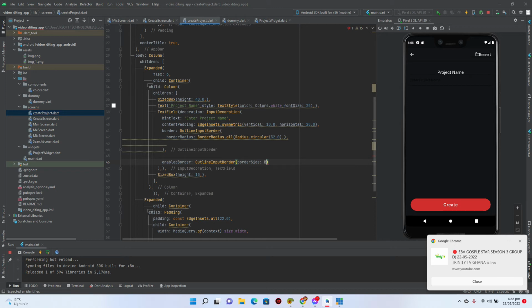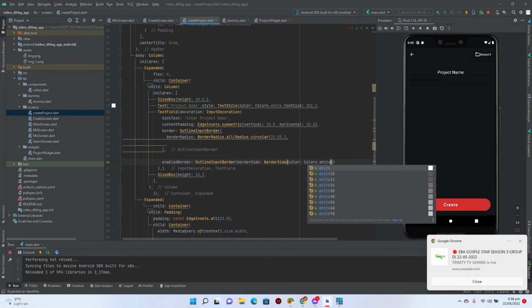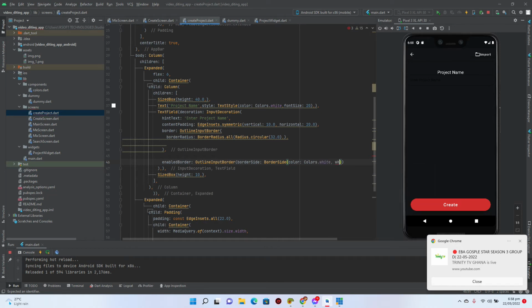And in this borderSide, we're just gonna call the BorderSide widget, and inside this BorderSide, we just have to specify the color. So this is where we're just gonna use Colors.white, right? And also we can just specify the width as well, and this width I would like to use 1.0 here. Right now, you see everything is quite interesting now. This makes it much more